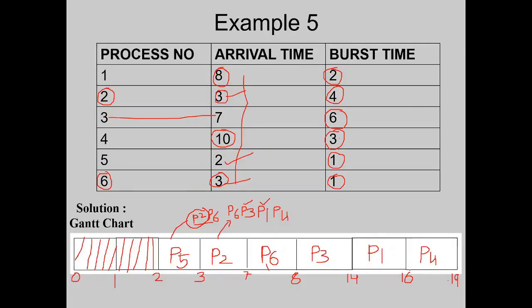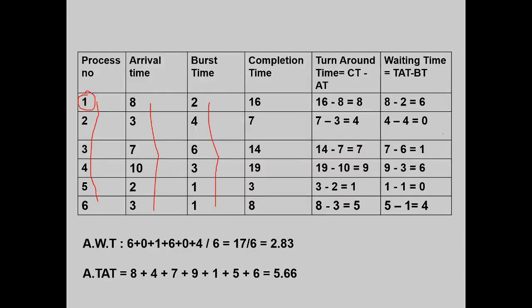Completion time of process P1 is 16. Completion time of process P2 is 7. Completion time of process P3 is 14. Completion time of process P5 is 3. P6, 8. And so on. So you need to write here in the completion time column 16, 17, 14, 19, 3